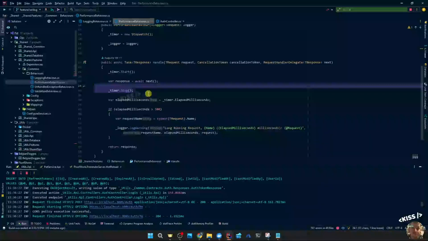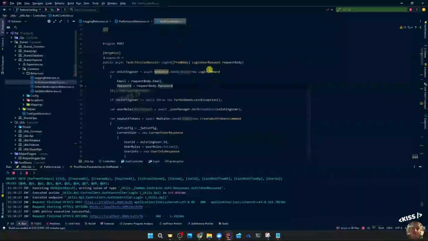You could see that a bit similar as the request, since we're getting it from the request body, and then we're just passing on the request body to the login command. So that's a way to log